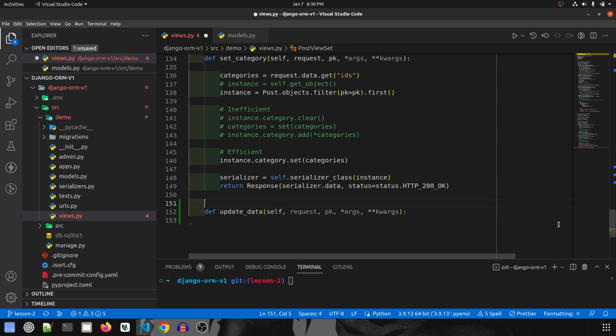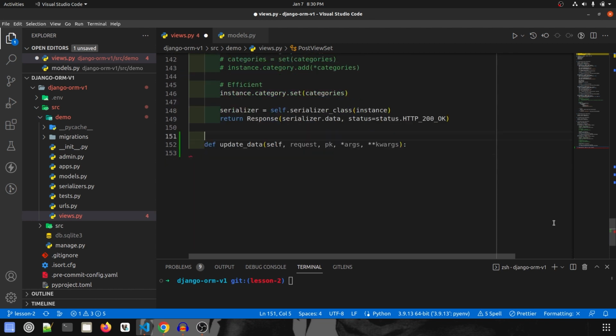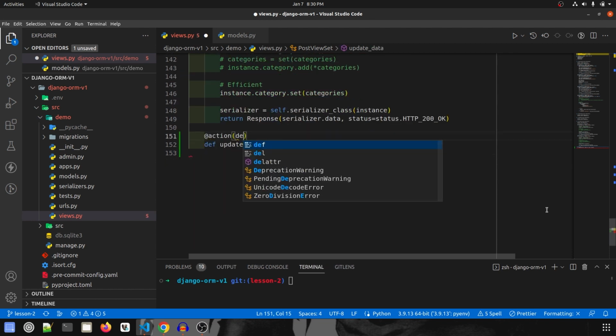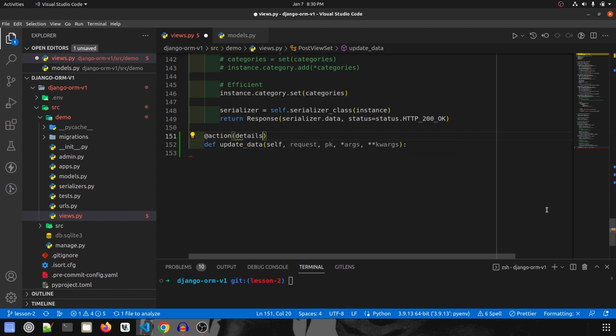Since this is a new endpoint, I'm going to use the action decorator, and detail over here will be detail equal to false. Actually, detail should be true because we are expecting a pk in the request. Then method will be post. I could alternatively use put, but I'm going to use post over here.